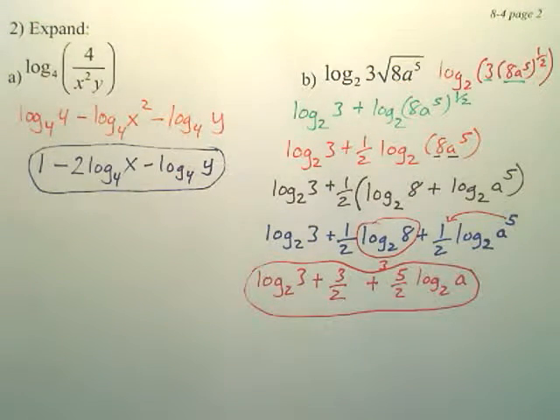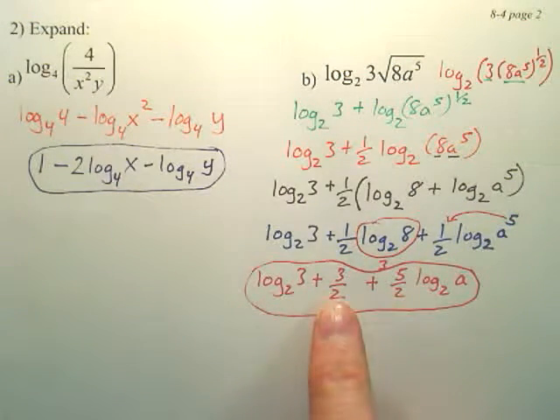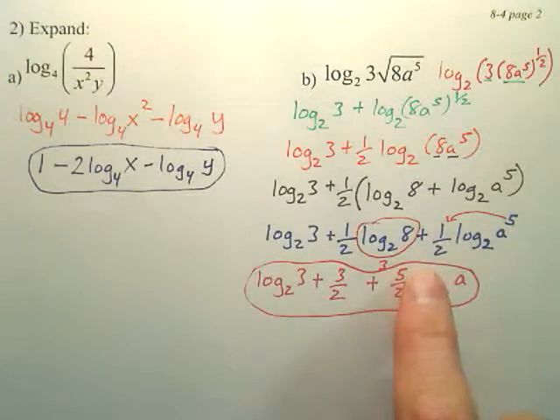There's your answer. Again, that's this. This piece is 3. 3 times 1/2 is 3 over 2. This, the 5 jumps up front, multiplies by the 1/2. That is a rather difficult